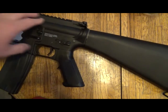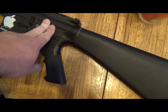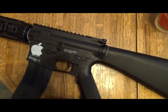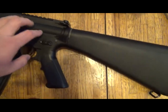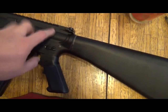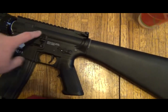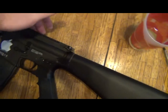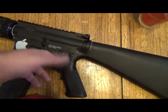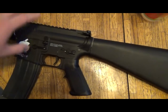What we call this overspin is really not a problem. If you want to correct the position when you're done after game, you can actually just slide off this top receiver right here, and the VFC gearbox has a hole window right here for the spring to the gearbox, and you can actually just press full auto burst until you see the piston go far enough forward. Plus, the other side is ported, so you can see where the piston is, practically all the way forward, so instead of using semi. But from what I've seen, I'm very happy with the